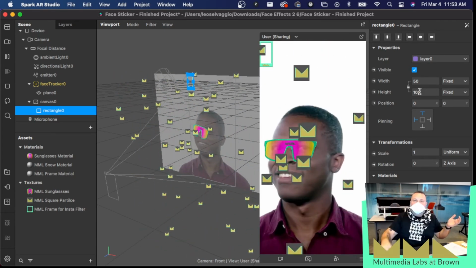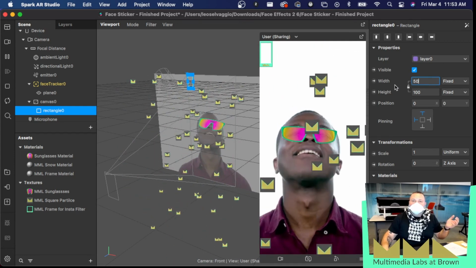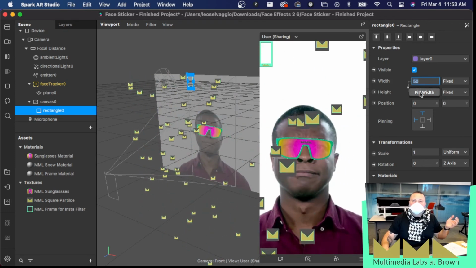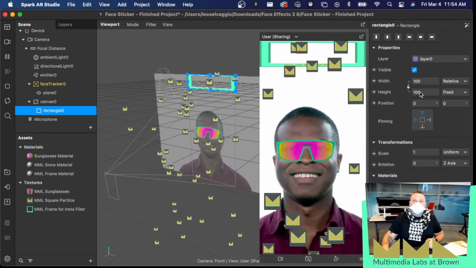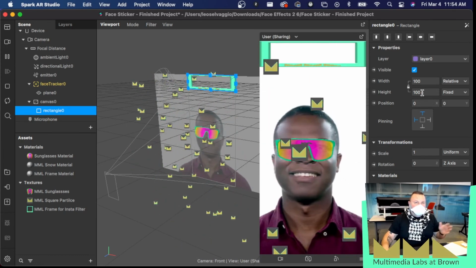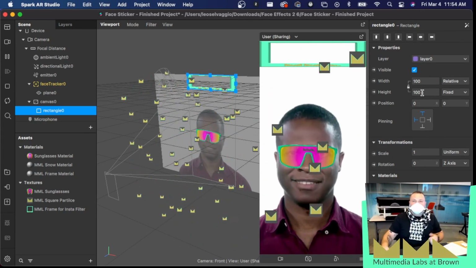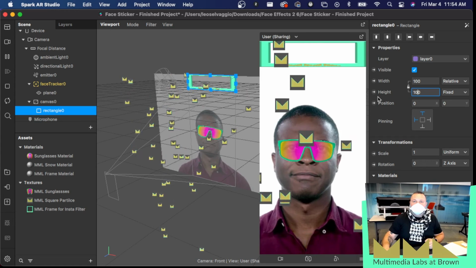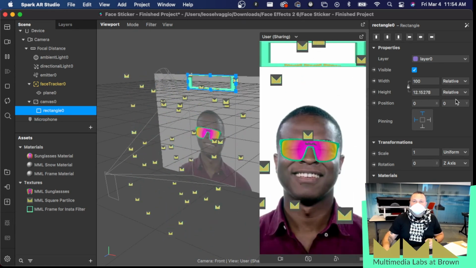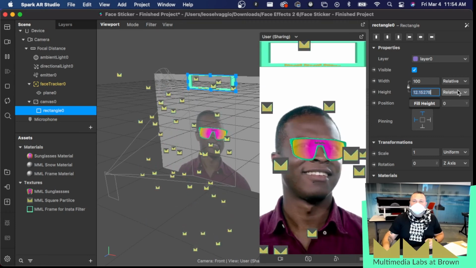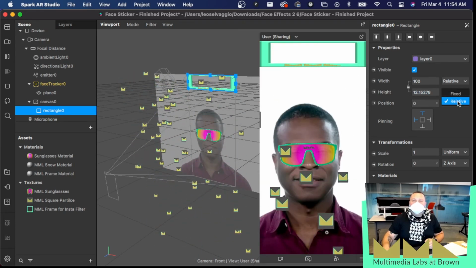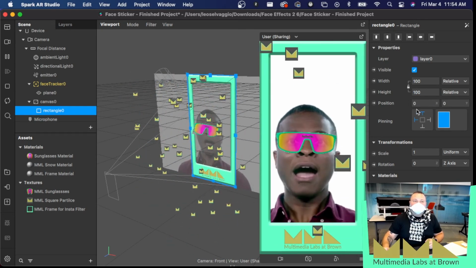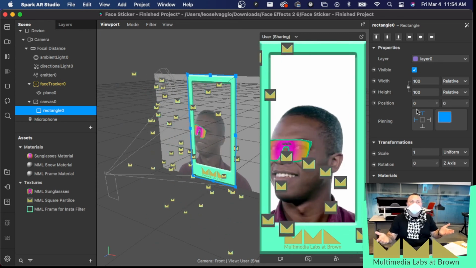on this thing, we're going to go here, and if you click on it and then hover, you'll get this option for fill width. And so that means that it's going to always try to fill the width of your camera screen. And we're going to do that again. Okay, so maybe what it is you need to hit relative first and then click in and then fill height. And so then we have our